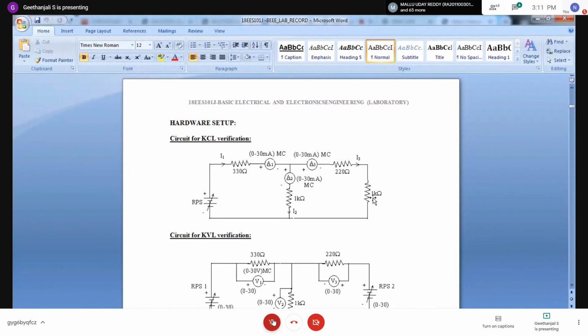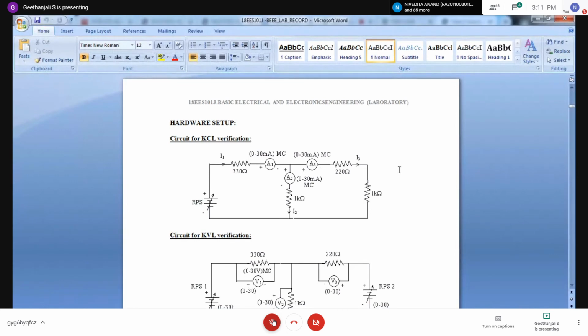Just make a note of this. You need not put the ammeter; that is for practical labs. This is a virtual lab, so no ammeter is needed. I told you how to see the current: double click and choose show current. Now make a note of the resistance values and the location of the battery. Draw the circuit, all of you.